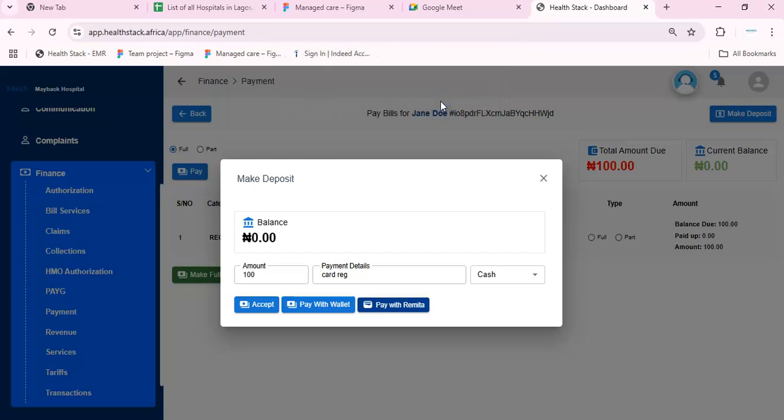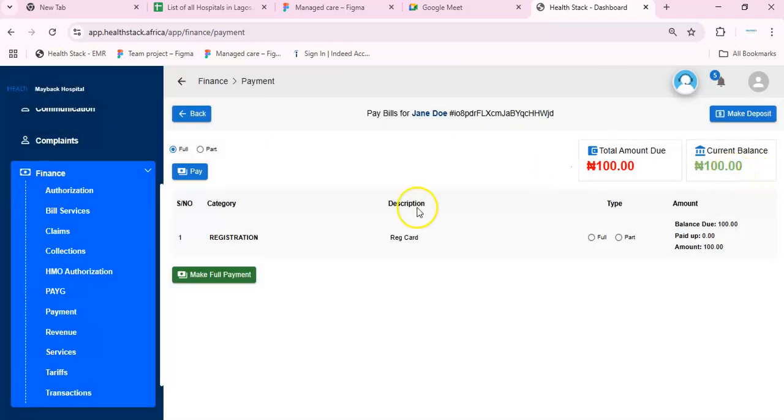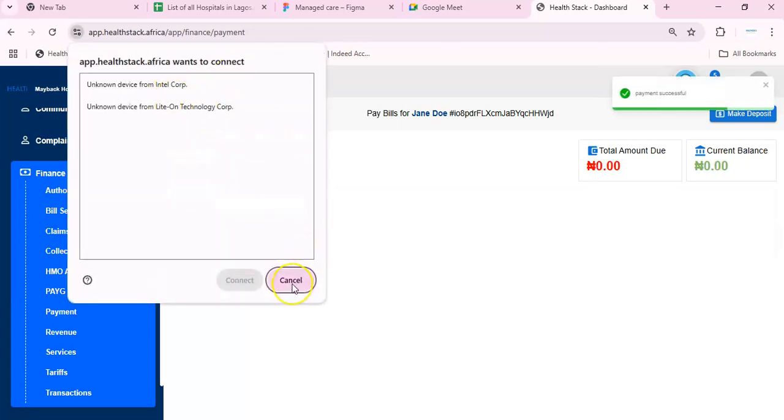Now the patient balance has increased to 100, and now you can click on make full payment to complete the payment process. You see how simple and easy it is. This simply means that if you have a POS receipt printer, you can connect it to